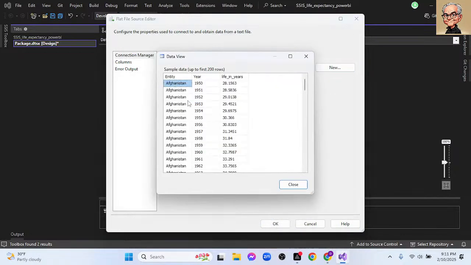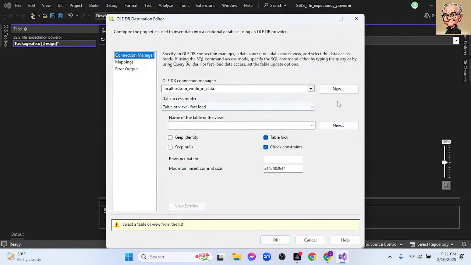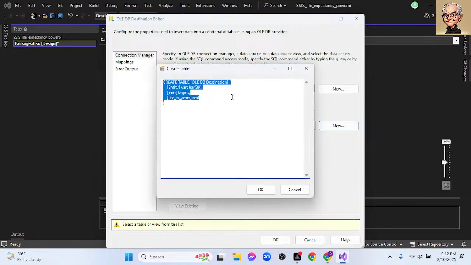Preview. Okay. I'll come down here. Over here. Now we want to create a new table. Okay, now you can see this is right. The entity is 39. The year is a bigint, and the life expectancy in years is